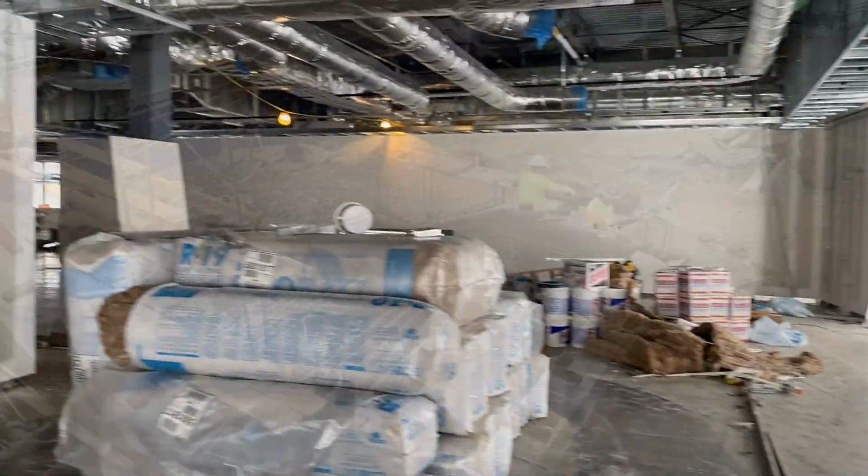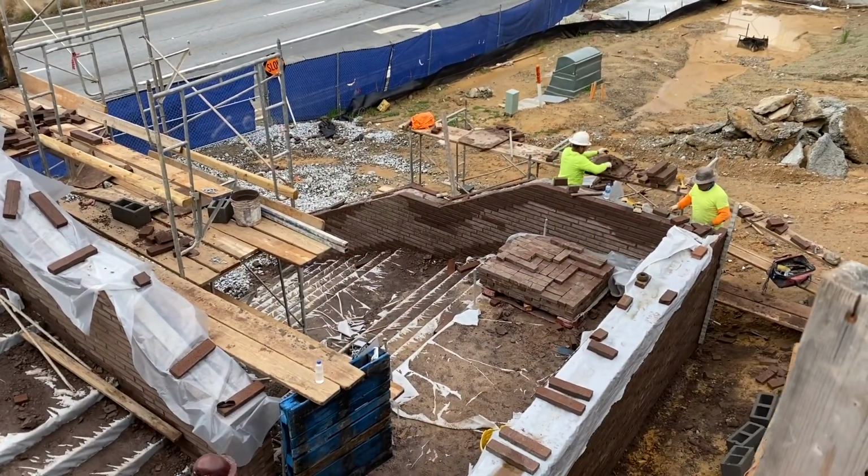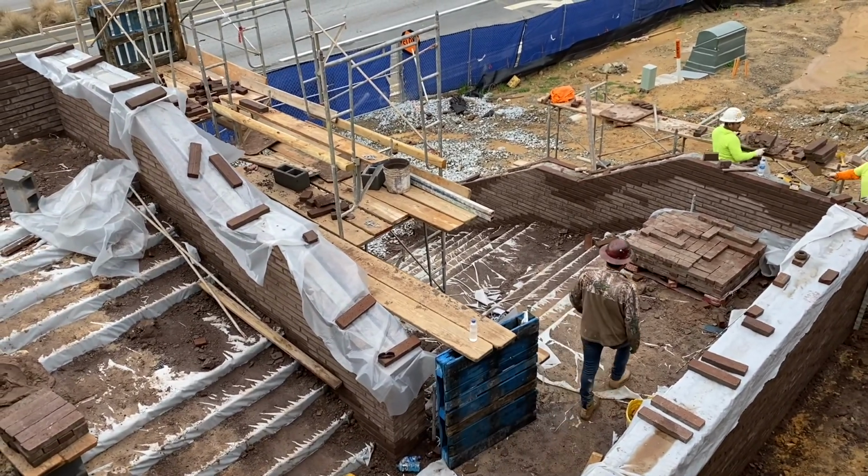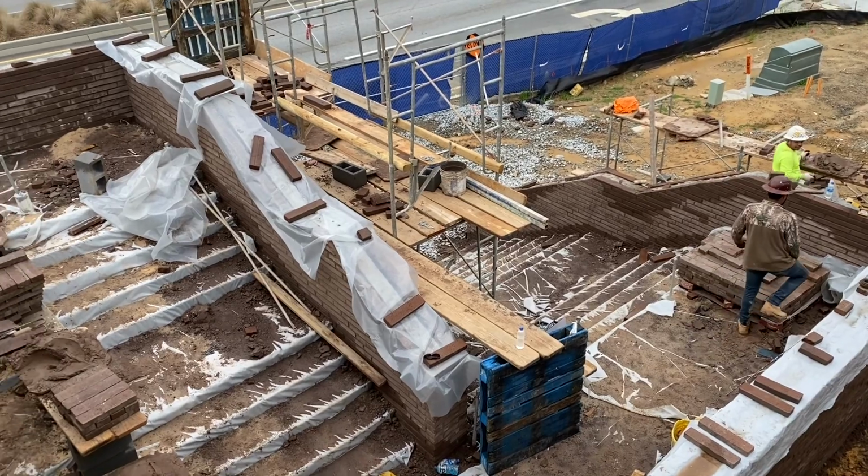All right, let's go hit the plaza. We're up at the front stairs now. You can see the guys working on the brick. It's really pretty neat to see this long horizontal Roman. We ended up going with